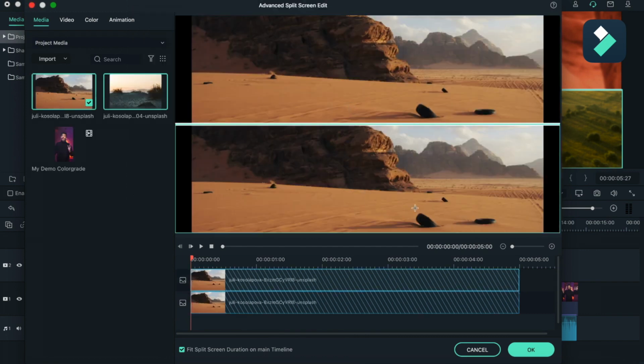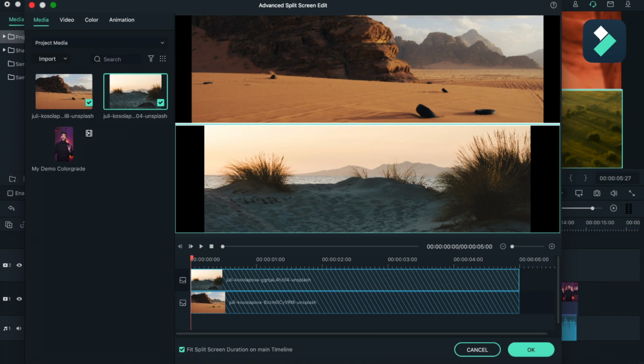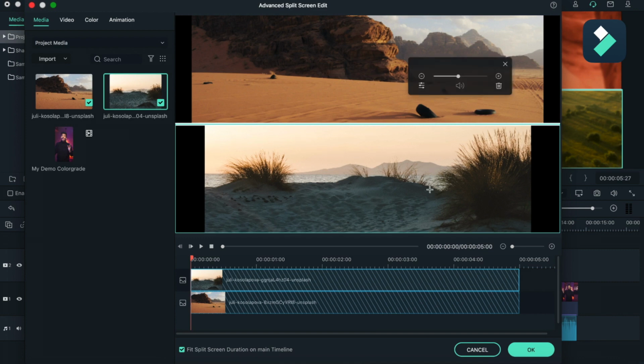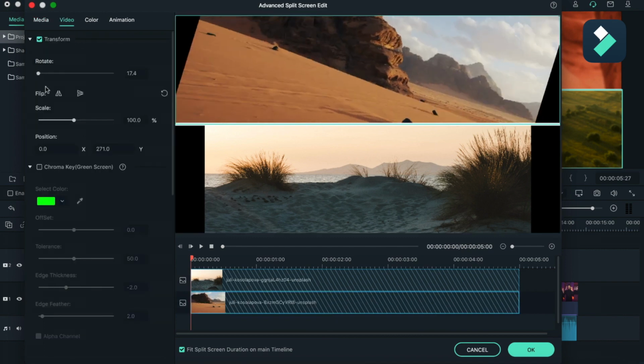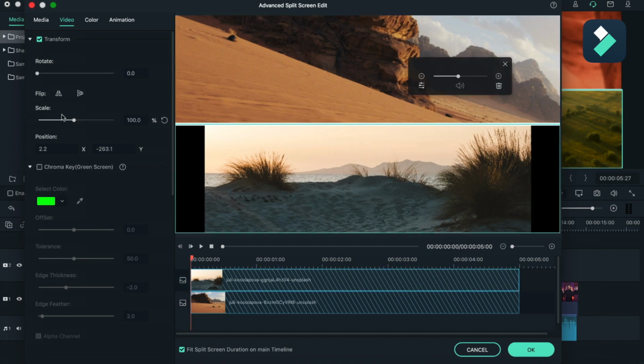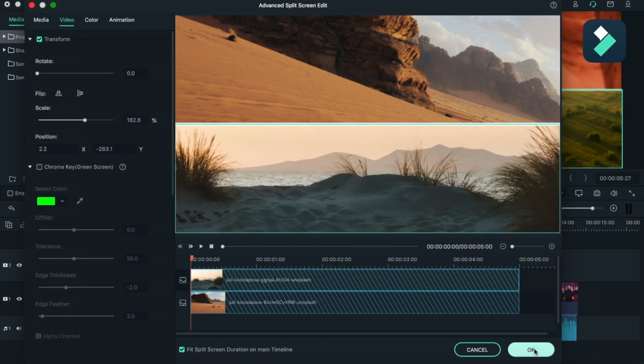You can just drag it over here. So this is basically a split screen effect you can use, and you can also rotate it, scale it perfectly as per you want, and then hit OK.